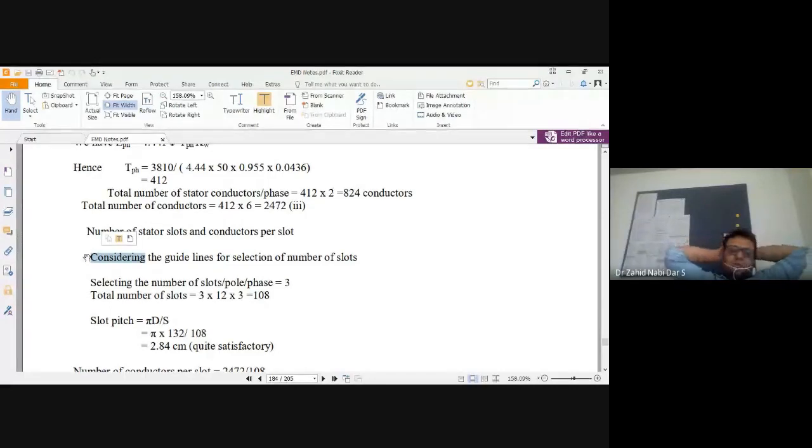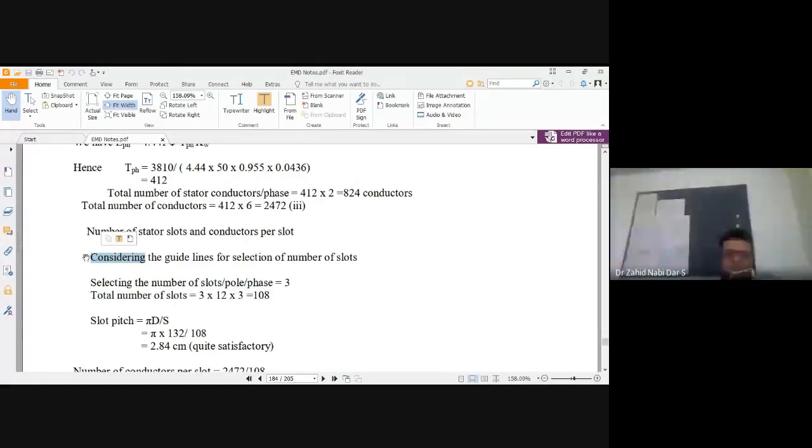Once you get this value, number of slots, then you have to find the slot pitch. Slot pitch would mean, for the cross section, the ratio, just like in your induction machine you have gamma SS. Same thing is the slot pitch, that is your circumference divided by your total number of slots in the circumference. In a circle you are drawing, how much would get distributed, what would be the distance between your next teeth, that is your slot pitch.